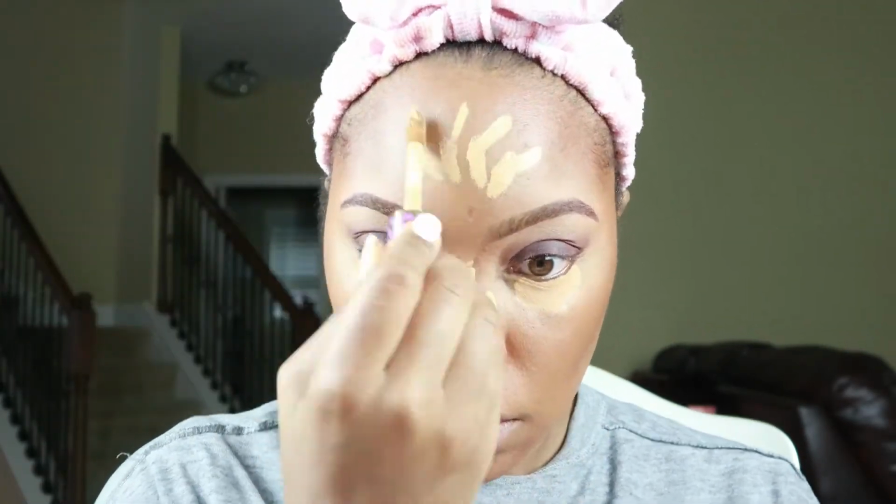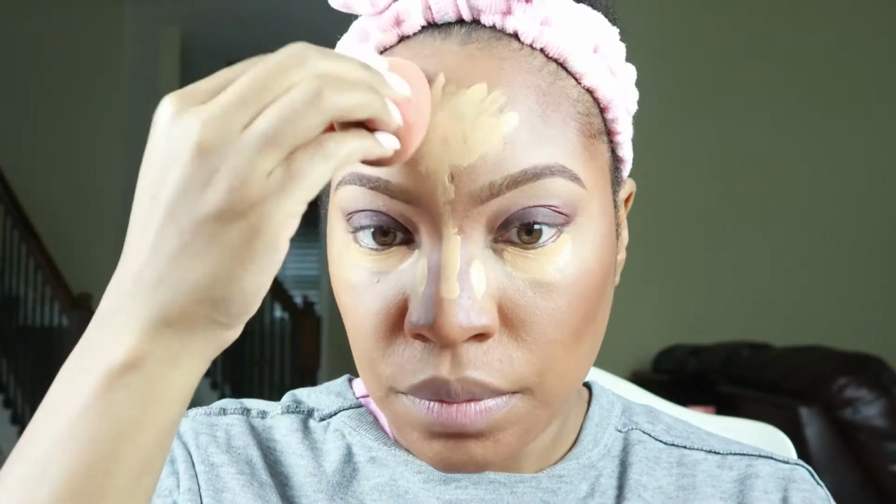But I gently blended that Anastasia Stick Foundation out on the nose. And now I'm just going ahead and highlighting using the same concealer, the Tarte Tan Deep Honey. And I dampened my beauty blender and I'm just blending this area out. When you blend out your concealer, be very careful. Use a light hand, because if you use too much pressure, you can just wipe all of the makeup off